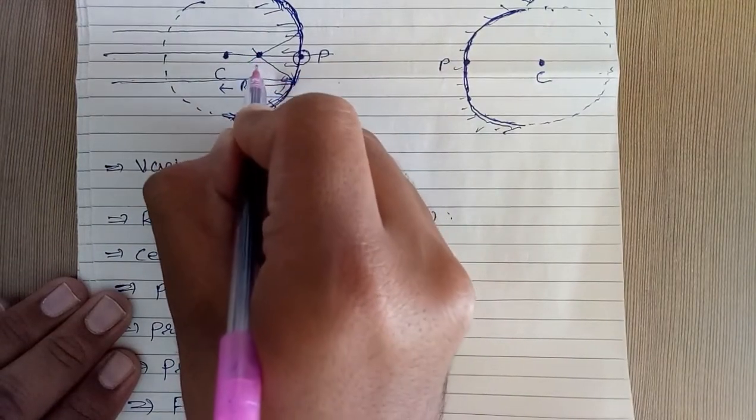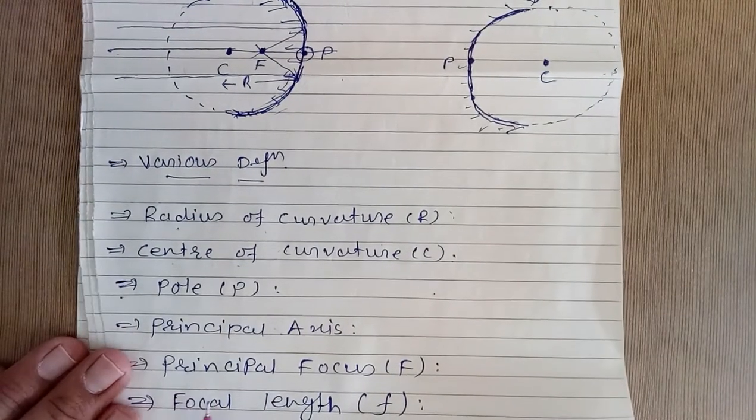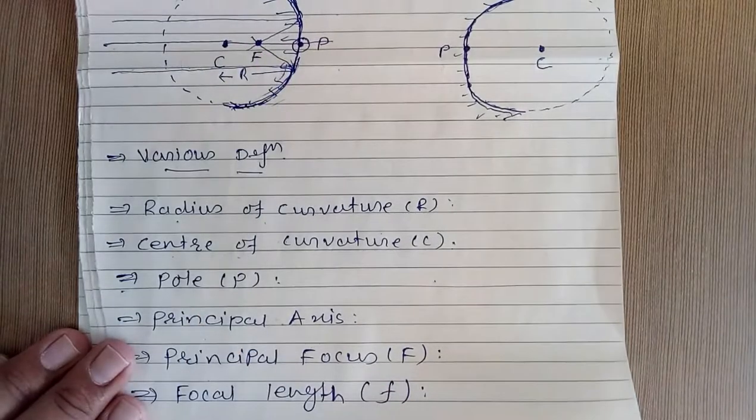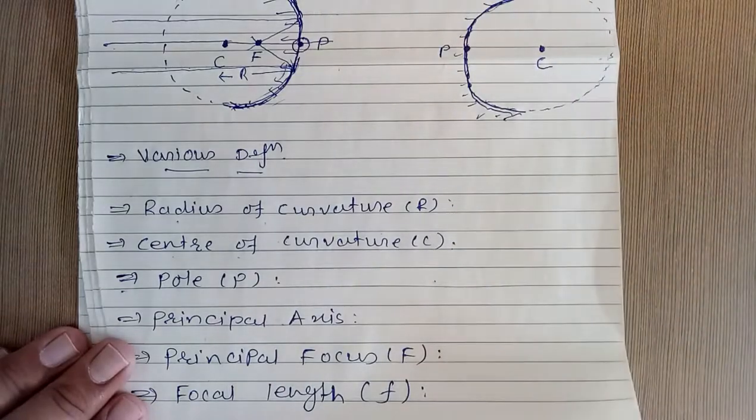This point is known as the principal focus, capital F. So this definition is for concave, and for convex we can say that the rays appear to meet after reflection,